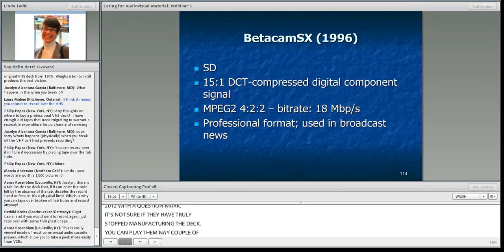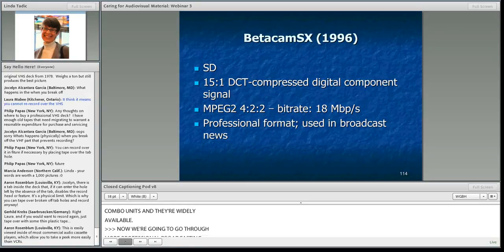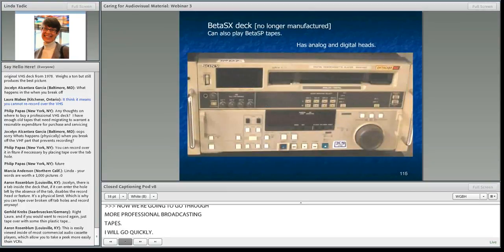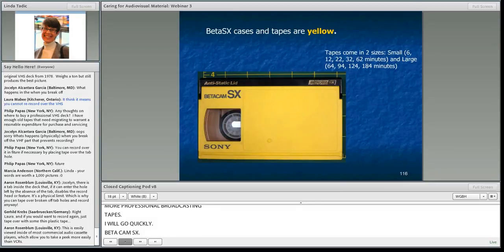Okay, now we're going to go through some of the more professional broadcasting tapes, which I'll just go really quickly through because you might find them in your collections. Betacam SX, again, these are standard def. This is a highly compressed signal. Decks no longer made. These are yellow. This is where the color coding comes into play. So if it's Betacam SX, you will see the cases and the tapes are in yellow.